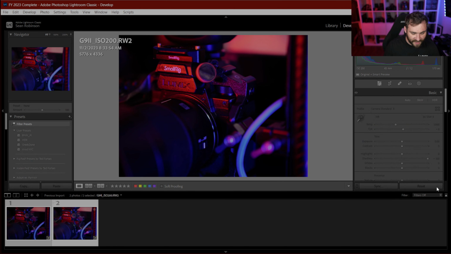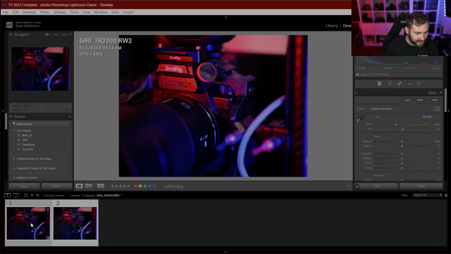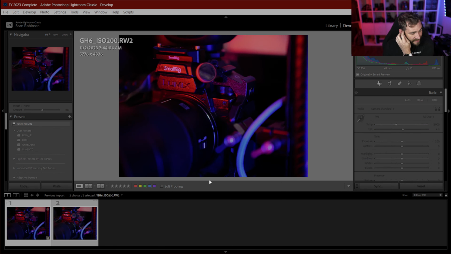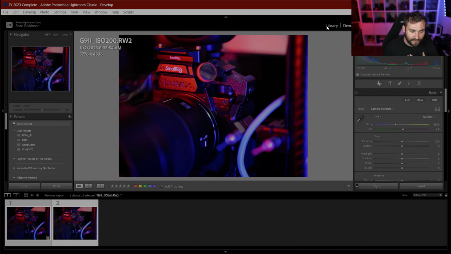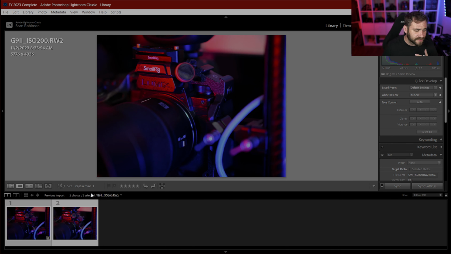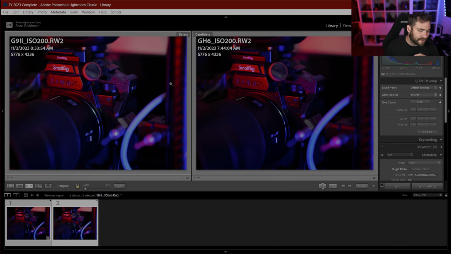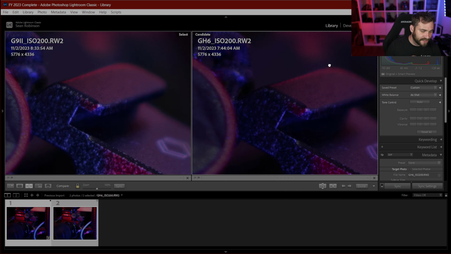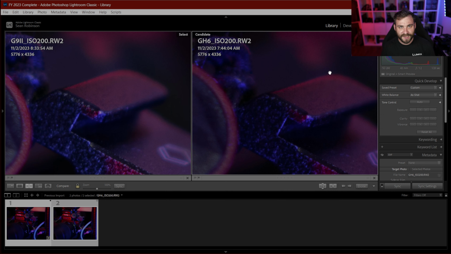What I've got here to show you is a GH6 image and a G9 Mark II image. These are both shot at ISO 200 with the 42.5 Nocticron at f1.2. To start with, if I go to a comparison shot here, these are just based off what the meter picked in the camera. As we zoom in and look, without doing anything to the image,